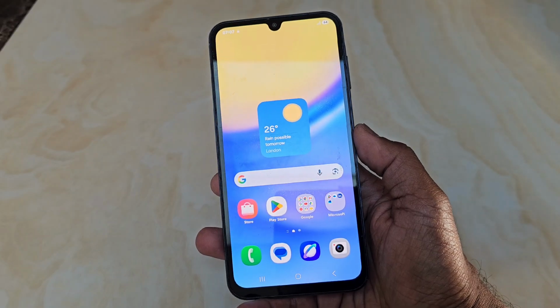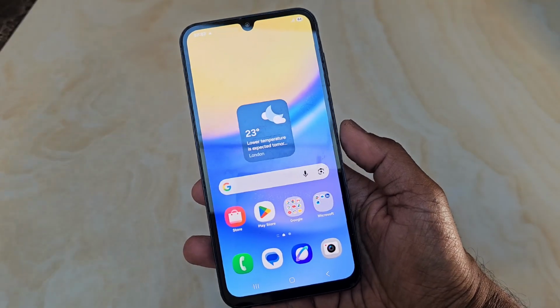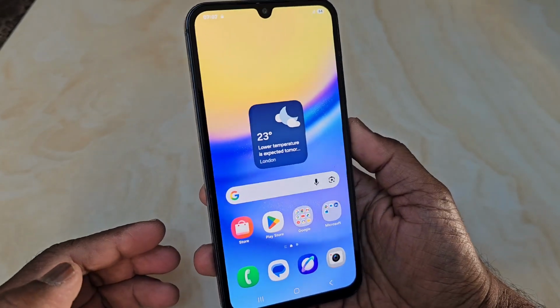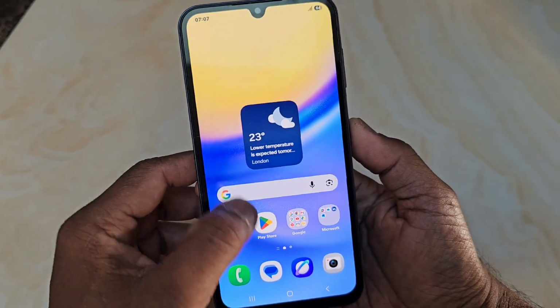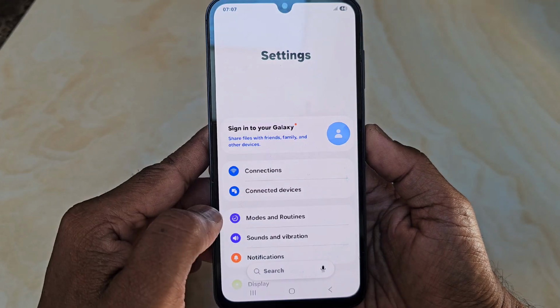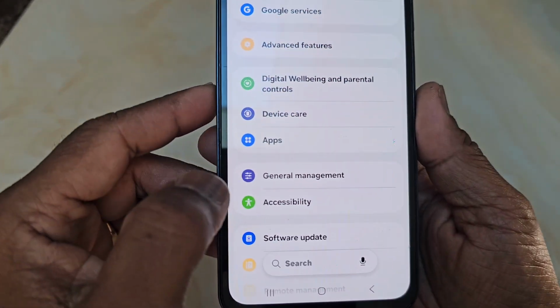Your Android phone already has a hidden tool that can magnify almost anything around you. Most Android users don't even know it exists. Open Settings on your Android phone, scroll down and tap Accessibility,